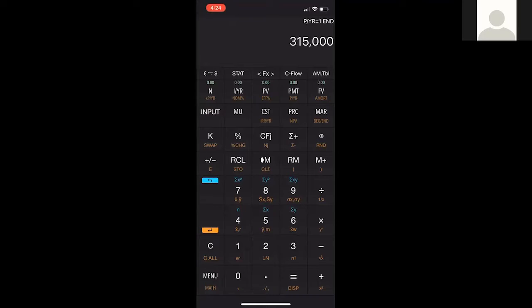315,000 is our second cash flow. And then 325,000 is the third cash flow. And then we have 345,000 plus 2 million would be our next cash flow, and that gets stored in CF4. Our rate of return here is 12%. So we store that in the interest, and then we will hit our orange shift key and click on the net present value button. So as we can see,